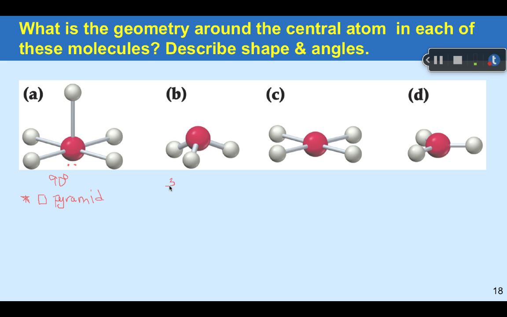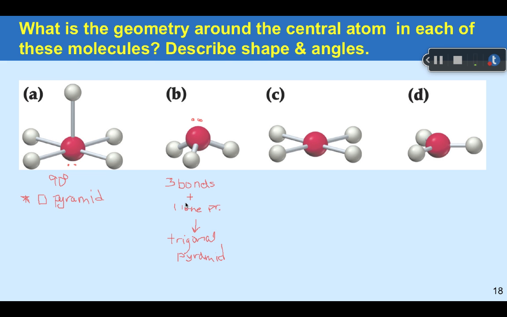Here we have 3 bonds attached to a central atom, and if there was nothing else present, you would expect to have an angle that looks like 120-degree trigonal planar geometry, but we don't. We apparently have to have a non-bonding pair, a lone pair of electrons there. And so 1 lone pair means that there must be 4 electron clouds. And the result is tetrahedral electron cloud geometry, but we have a lone pair present, so instead this is what we call trigonal pyramidal